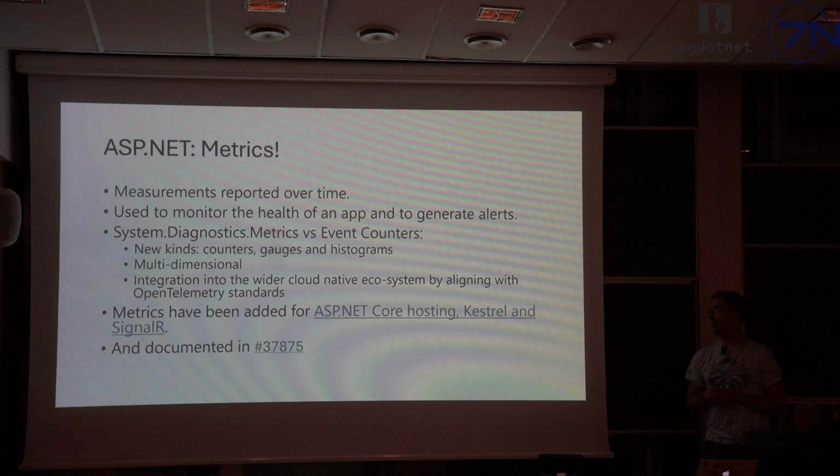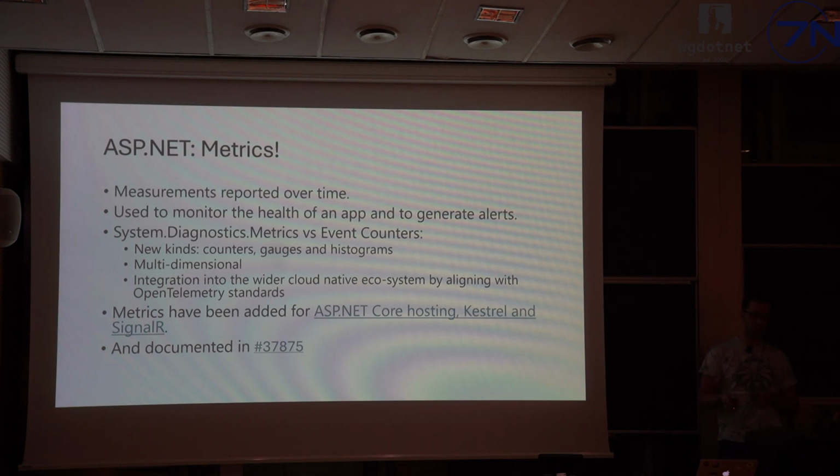The next thing is ASP.NET. The main focus in ASP.NET, at least from my perspective, was on metrics. So metrics, as you know, are measurements over time. In the past, in .NET, we had event counters, but they were quite limited. They were very Windows specific. And now we are adopting standards set by OpenTelemetry.